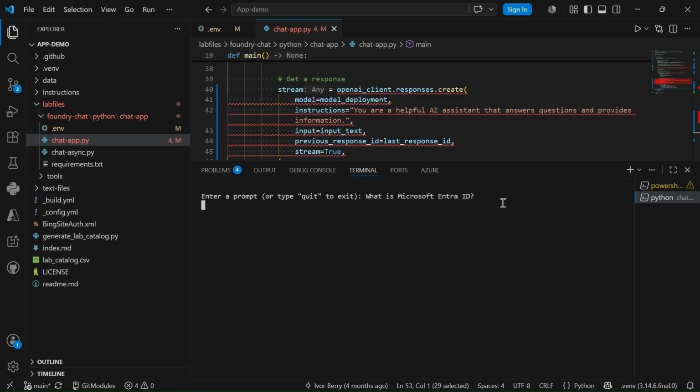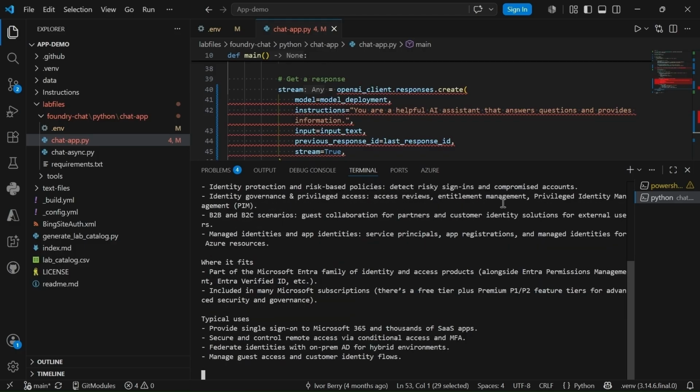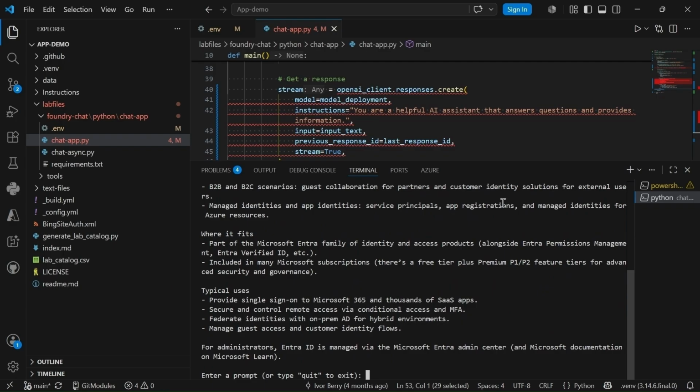Okay, all right, you can see the way it's generating now. You can see the difference. Alright, let's ask it how does it relate to AI